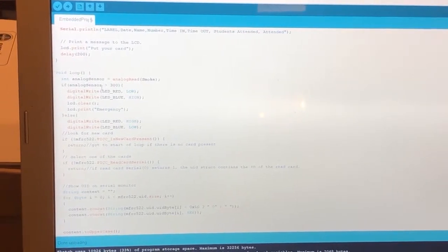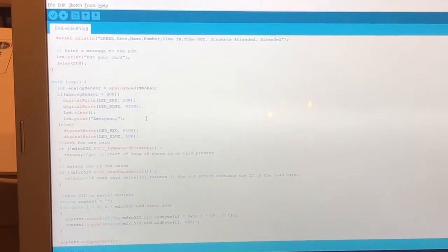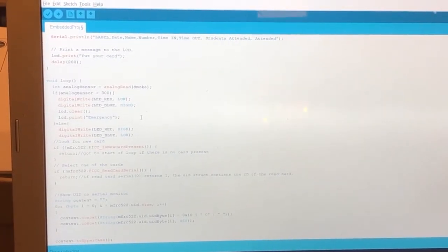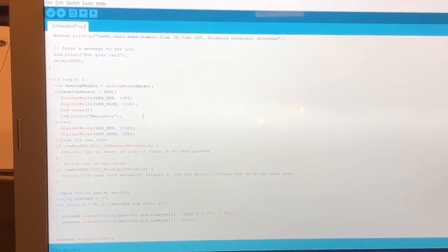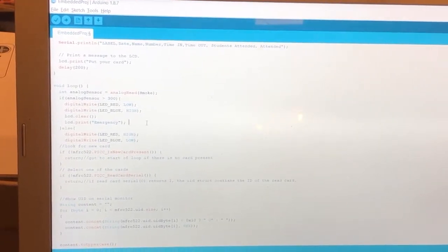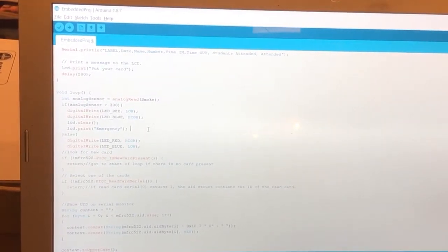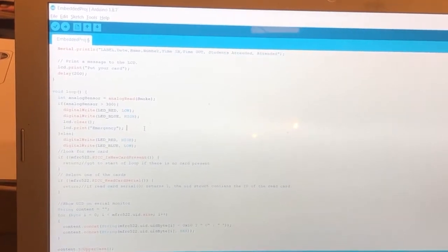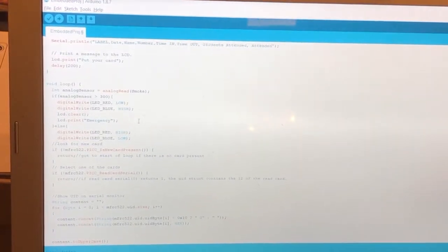When it increases past the threshold value, it makes the blue LED high and the red LED low as an indicator for the door to open. Else, it keeps as it is. Then